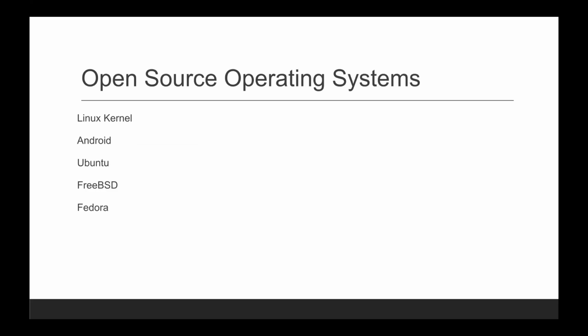Now let's come to some of the popular open source operating systems. As mentioned, Linux kernel, Android, Ubuntu, FreeBSD, Fedora, all these are built on top of Linux, or I would say Unix, because Unix is the base operating system. On top of that, Linux and everything is built. But as I said, 80% of servers are working on Linux, right? So that shows the power of open source. It's an open source operating system. It has billions of users of data, and still it is working fine, right? So that's the power of an open source operating system.